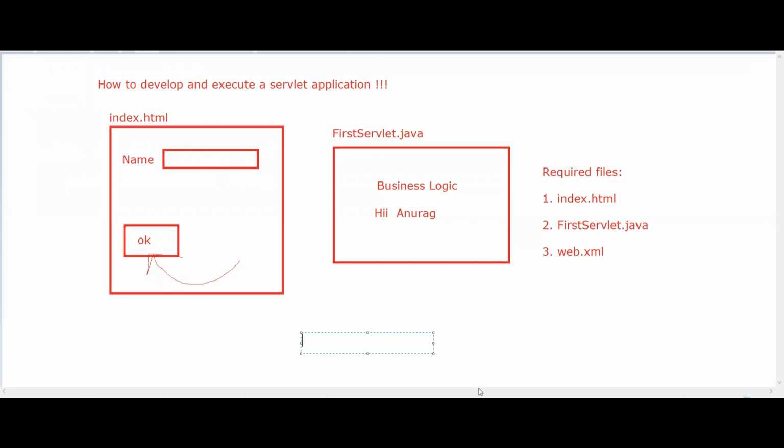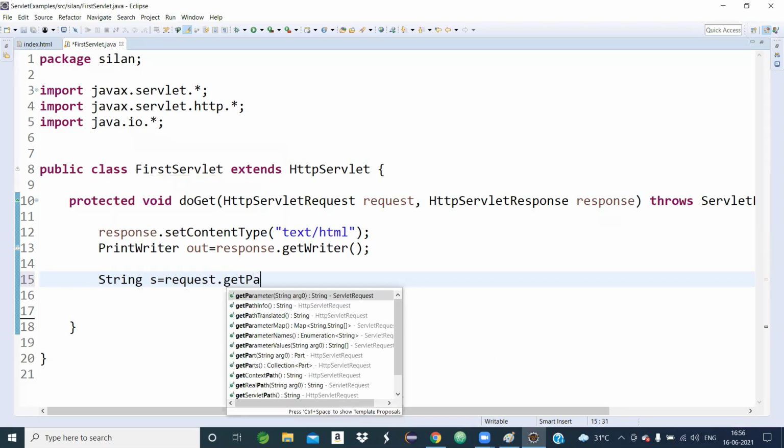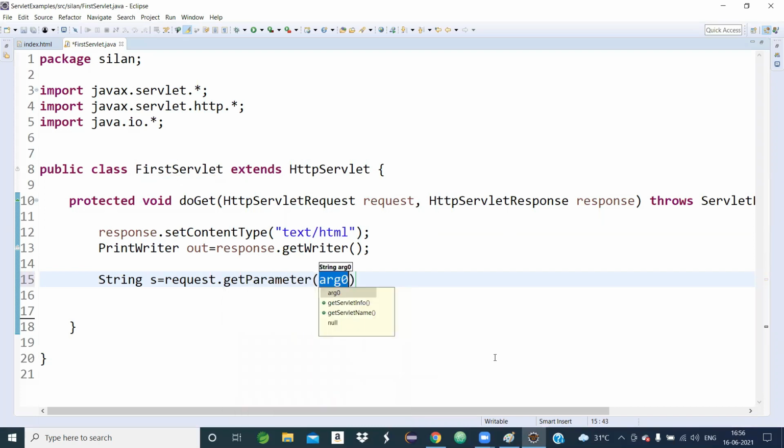So how will we process the form data? I write String s equals request.getParameter.